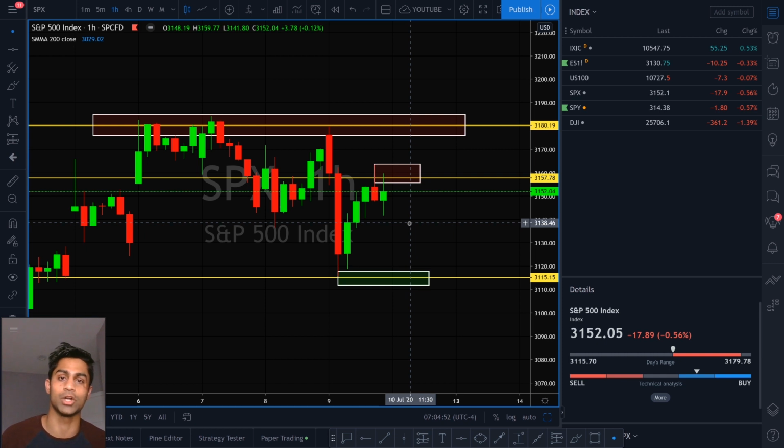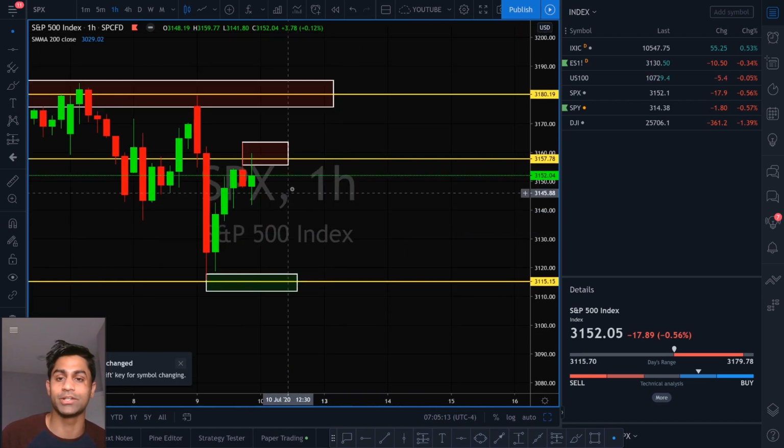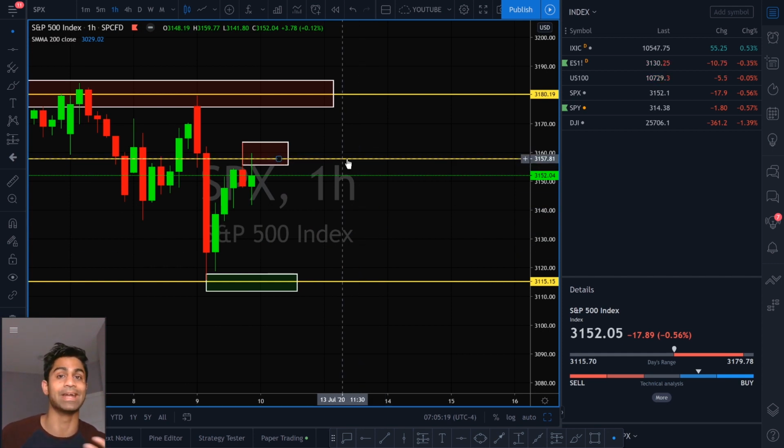So now moving forward, where do I see the pattern going today and going into next week? There's not a lot of macroeconomic data that comes out. I think it's just the producers manufacturing index or the PMI numbers that come out today. But that being said, if you are looking at a gap down, then potentially the pattern can continue to trade in between this range with 3155 that we need to watch as a very clear level of supply and resistance,